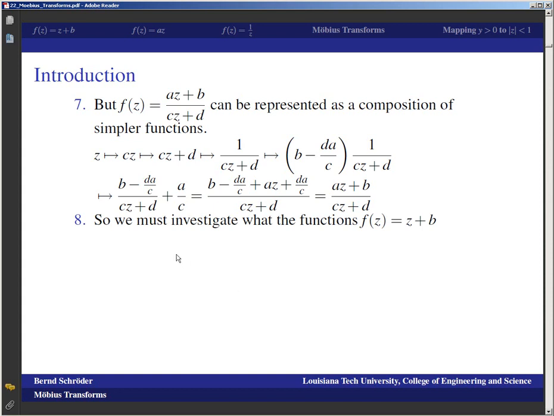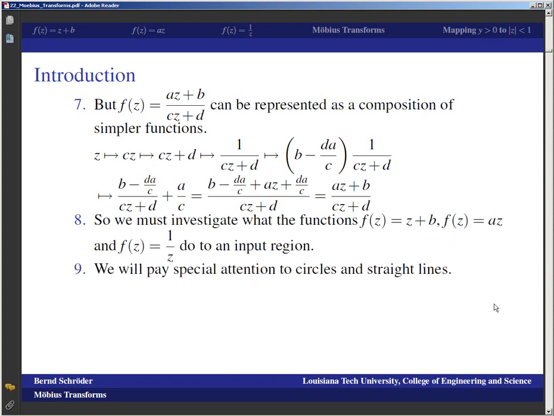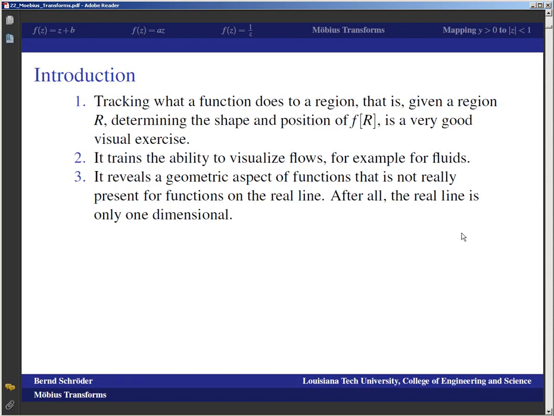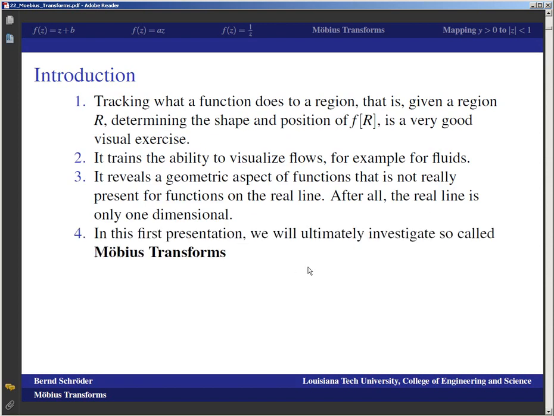Okay, so what that means for the first task at hand, which is ultimately to analyze Moebius transforms, is we must investigate what the functions f of z equals z plus b, f of z equals az, and f of z equals 1 over z do to an input region. And with this second dimension, this extra dimension of the complex numbers, we can do a little bit more on the geometric side. In this first presentation, we're going to talk about these deformations a little bit longer than just one transformation, we will ultimately